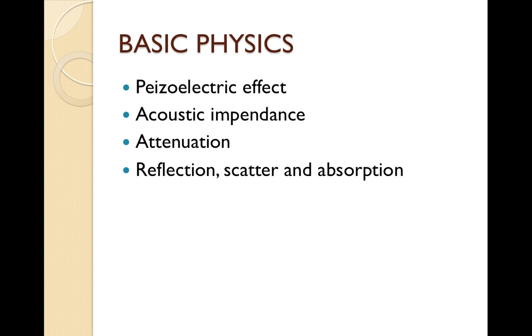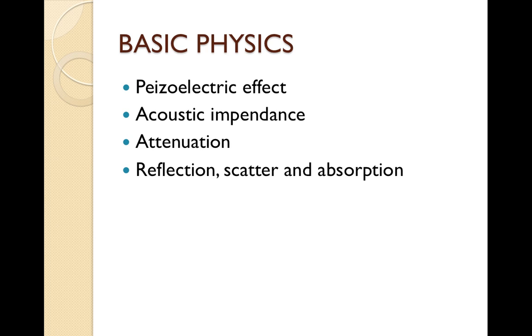We need to talk about acoustic impedance. Acoustic impedance is the resistance provided by tissue to the ultrasound wave. Difference of acoustic impedance is important to generate an ultrasound image. As you go deeper, there will be a reduction in the ultrasound wave energy. That is called attenuation. So as you go deeper, image quality will not be as good as in the superficial